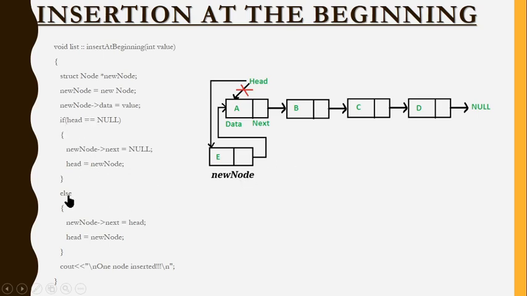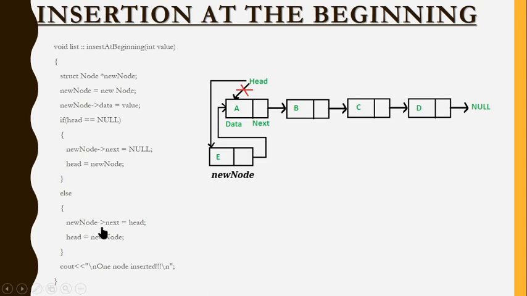Now come to the else part. So that means I'm going to add with the existing linked list. So in the else part, if this is going to be added to the existing linked list, what are the 2 steps? First, I need to create this link and then I have to assign this head over here. So I need to create this link. That means I need this A address over here. So what we have to do? New node points to next, where I'm talking about this area, isn't it?